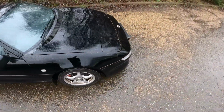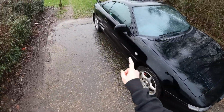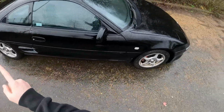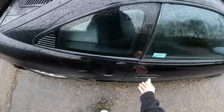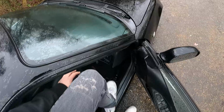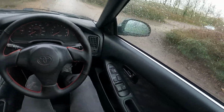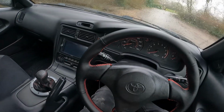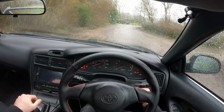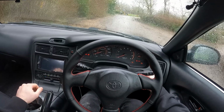So this is a revision 5 model from 1999. So we've got uprated suspension on the front and rear to try and reduce snap oversteer, and then we've got a different design on the rear subframe as well. It's a 2-litre 3SGE engine, producing, when it was new, 168 horsepower. Not quite sure we've got all of those here anymore, but she still goes. Not quite as quick as some of the hot hatches that go today, but